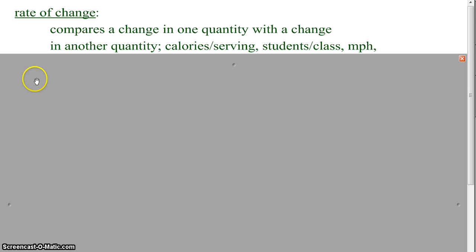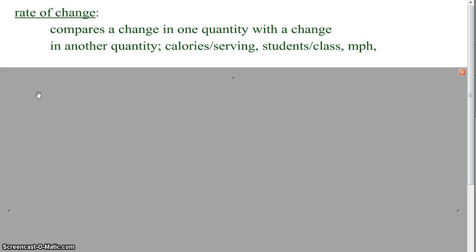So here's rate again. Rate of change is the same thing. Rate of change is comparing two different quantities. We just heard miles per hour, calories per serving. We could say students per class. There are infinite possibilities for our rates. And we're just beginning to